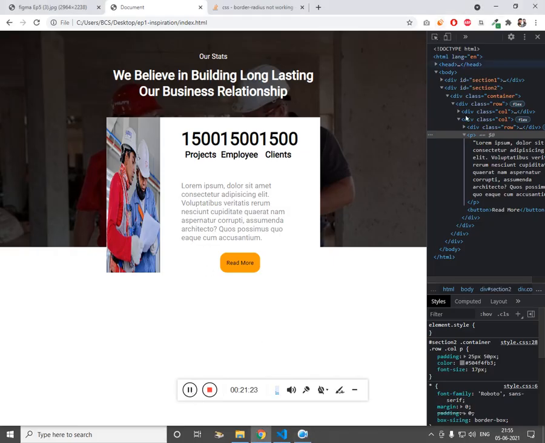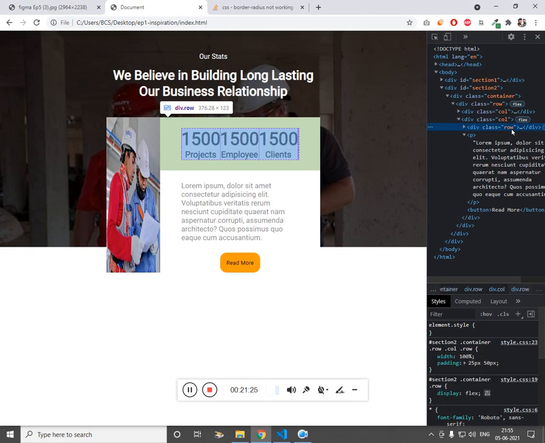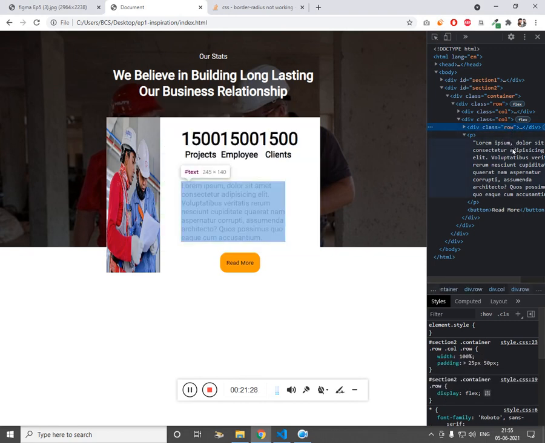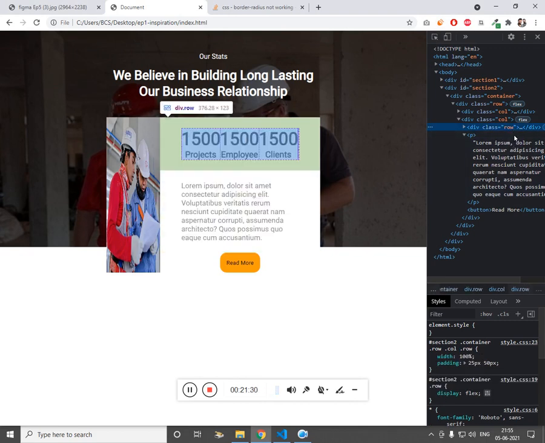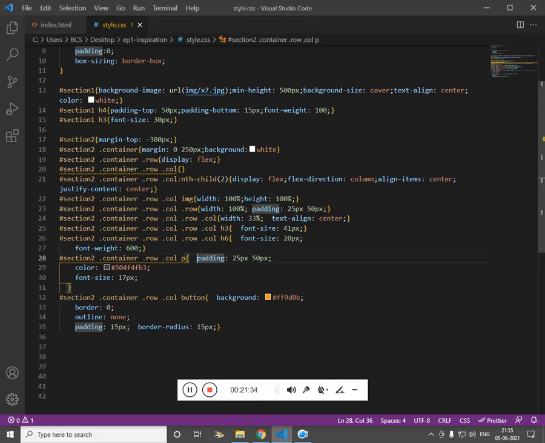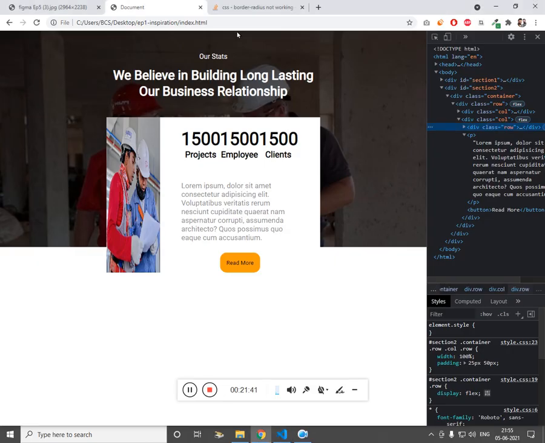Okay, padding does work. You can see both of them have the same padding. Now we have to make it less. Let me make this 25 for this as well. Now if I refresh,